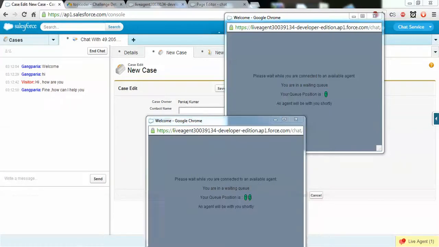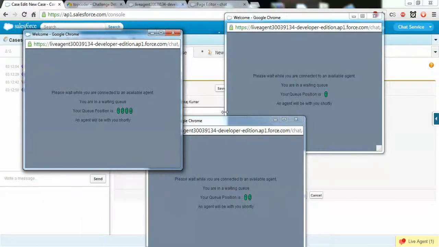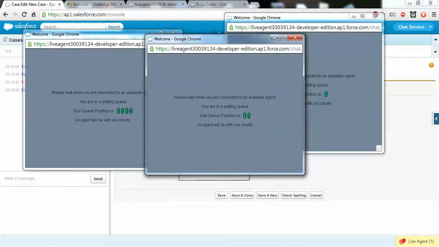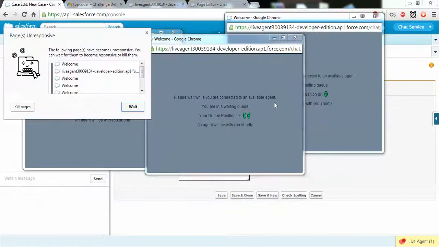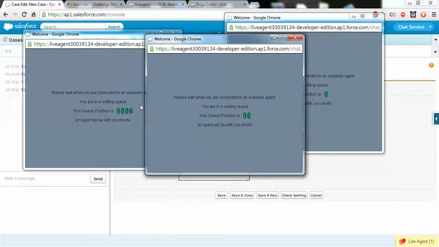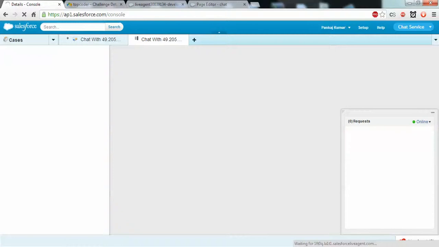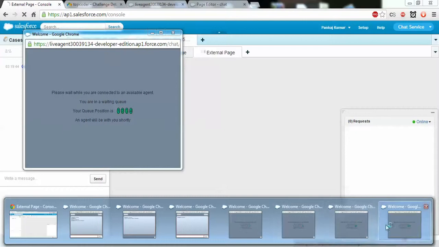Now you will see the requests up to 4. From 6 we have now moved to 4. So the main purpose here is that I want to show you the window will be automatically updated. If I accept another one, already there was an issue.